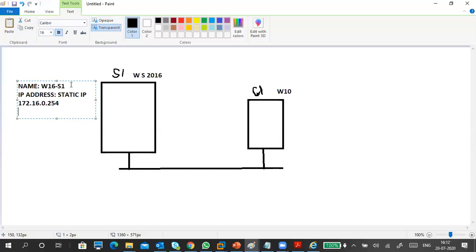Next is planning. I want to give my domain name. A domain name is always like a .com type. So how to plan my domain name? I am planning my domain name as our organization, like Vedic.com. You can use Vedic.com or Vedic.local.